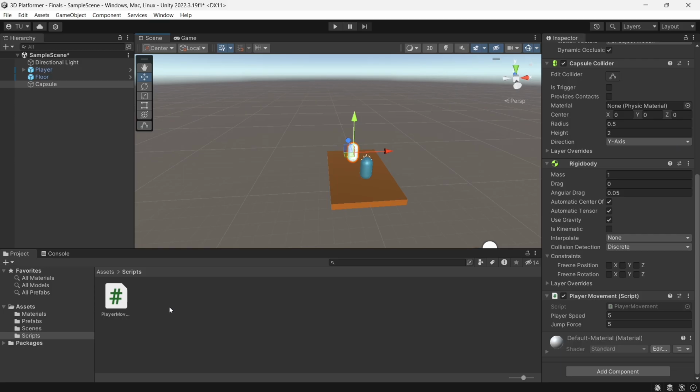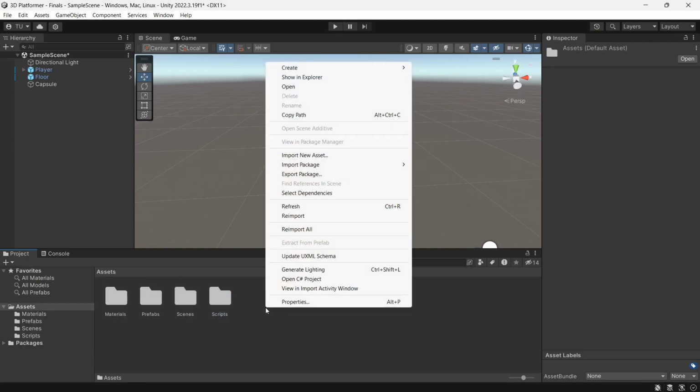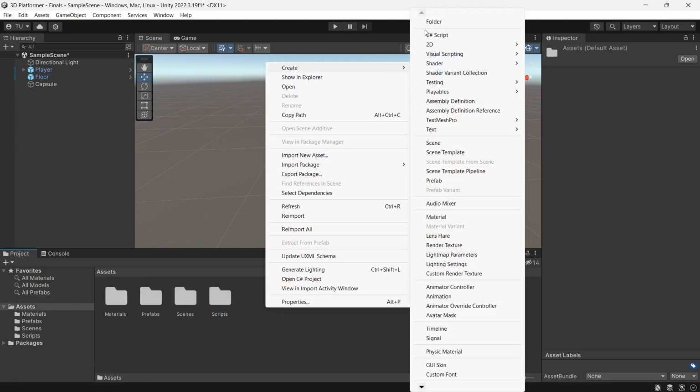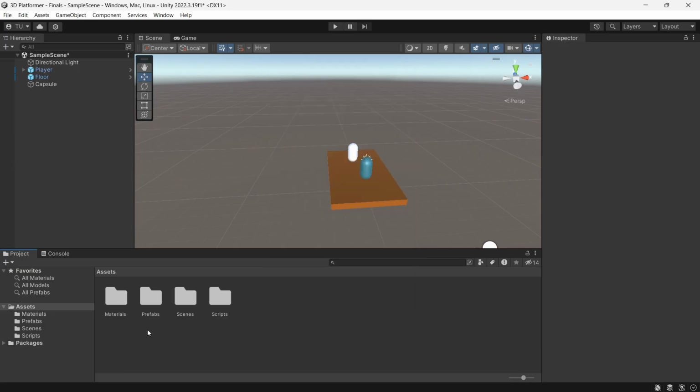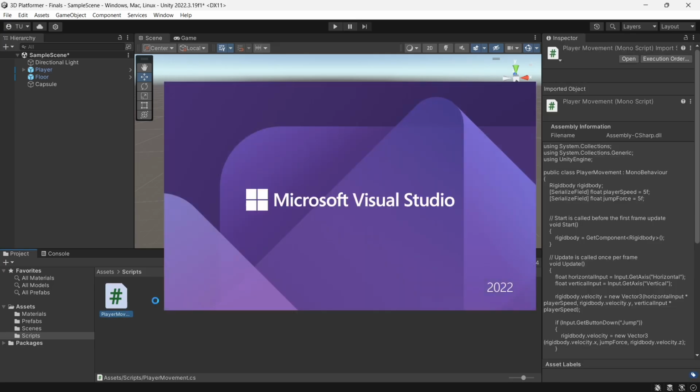So, to open and check what the script has, I have made a folder here that has the scripts. In order to make the folder, you have to right click, create, and then folder. And that way, your assets have a way to be organized. So now, let's click on scripts, and then this is the player movement script. So we double click,